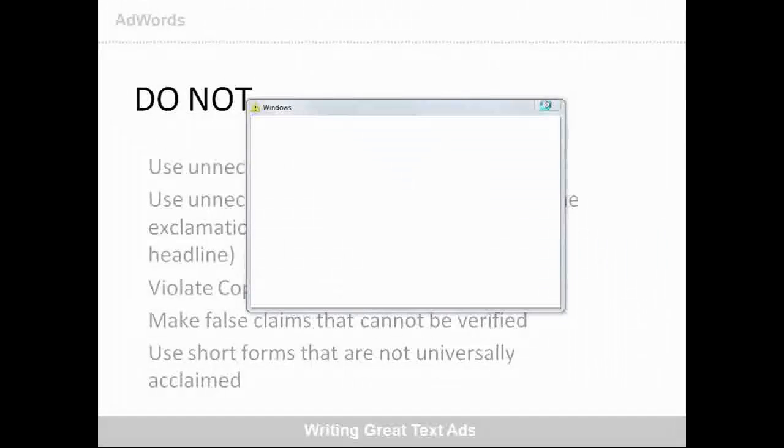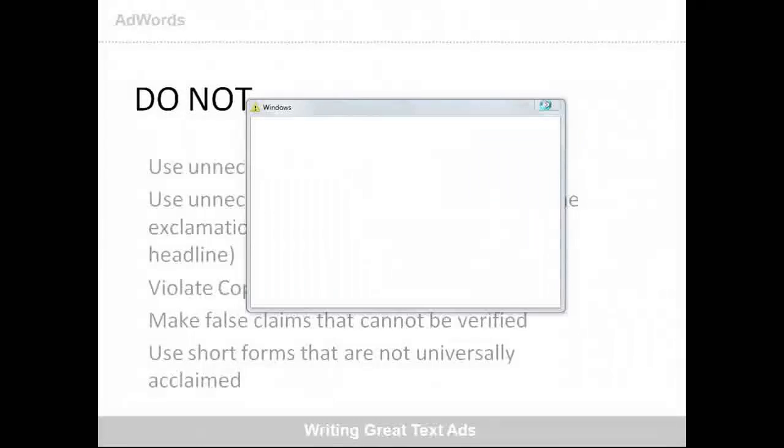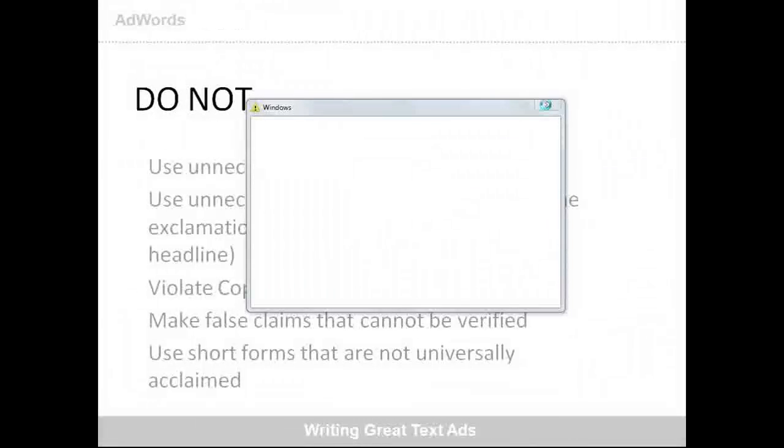Okay, these are the primary do nots. You already know that there are multiple AdWords policies that you have to adhere to, but some of the most important ones are our particular topic of the day for lead generation goals. This is extremely important. Do not use unnecessary capitalization. It looks very unclassy, and unless your brand name has been trademarked in a way that it's all caps, your ad will get disapproved if you're using unnecessary capitalization.